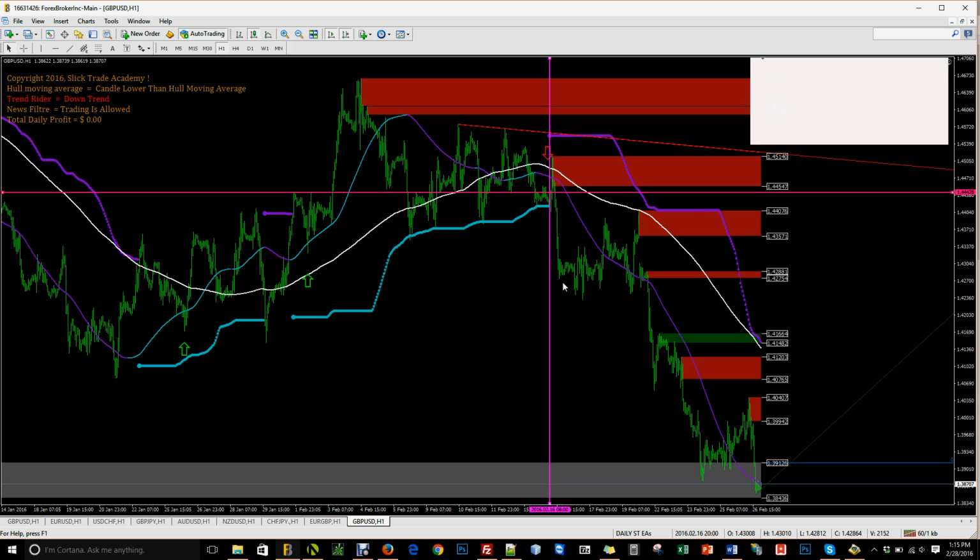Okay, so with this trade, one thing I want to show you is something kind of cool to look for. You don't always have to, but you can. When this whole moving average crosses that 200 line, and especially when they start to head in the same direction like that,